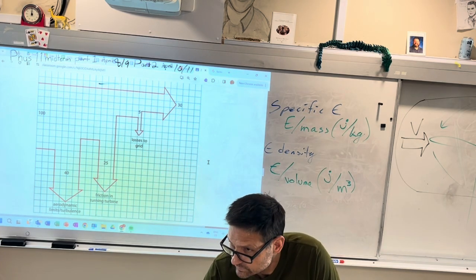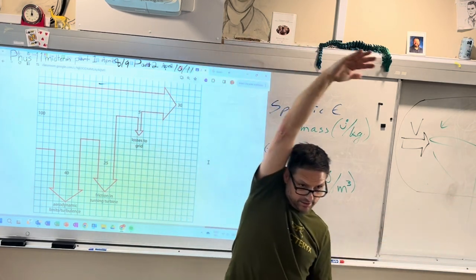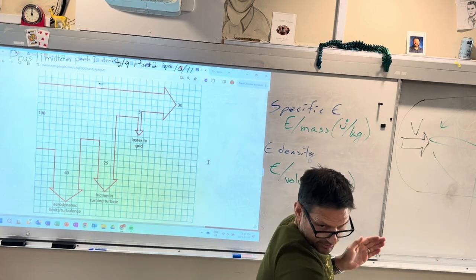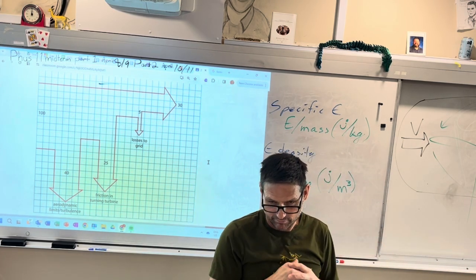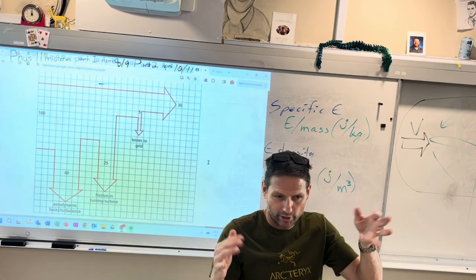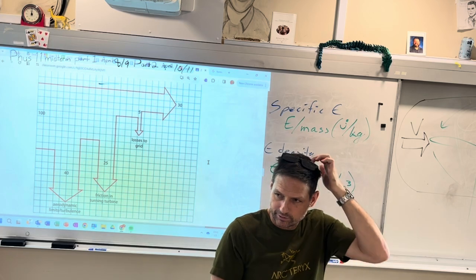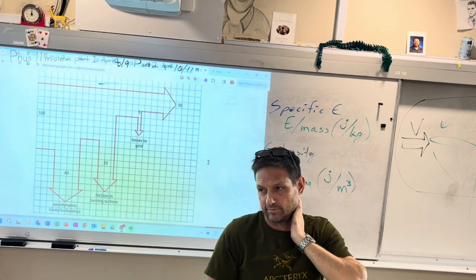Doesn't it change with pressure? Hold your hands like this, 1 meter high, and then 1 meter in front. That's 1 meter cubed, right? That weighs about a kilogram, a little more. And Jeffrey's right, at different pressure, it's going to be a little more, a little less. Higher velocity would have higher pressure. Yes. So,